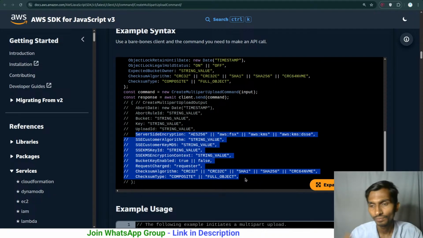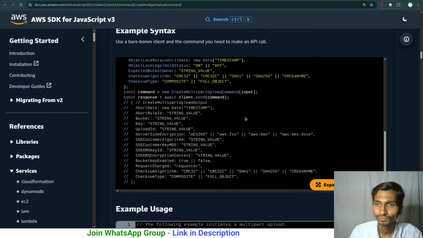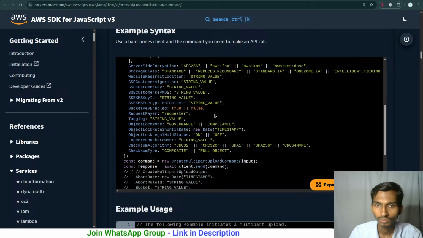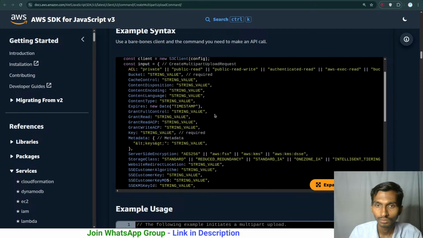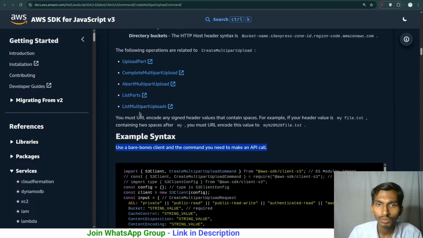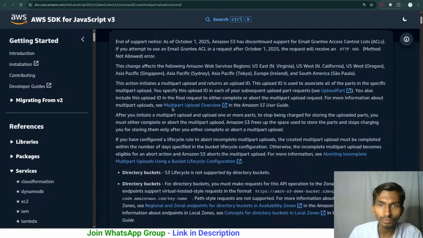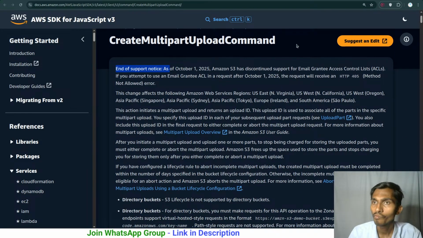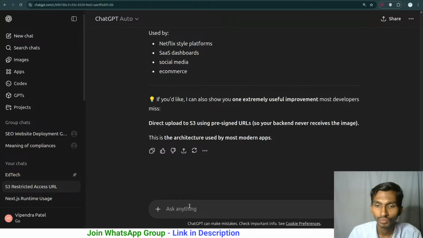We get the ID. Use the barebone client and the command you need to make API calls. You must end of how to upload,